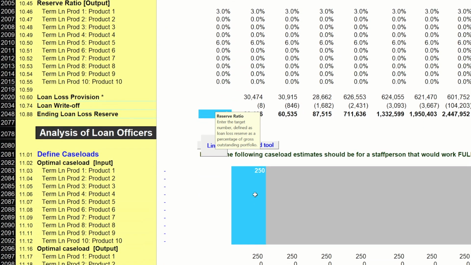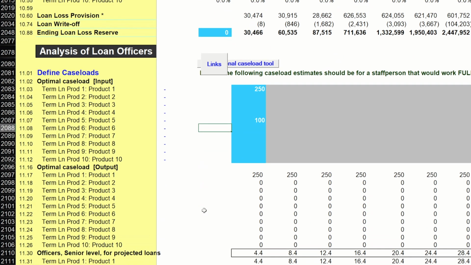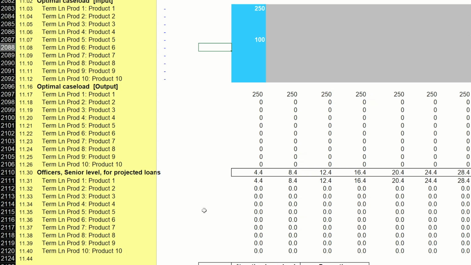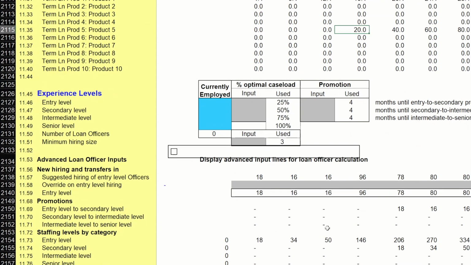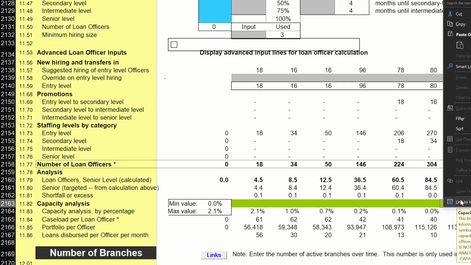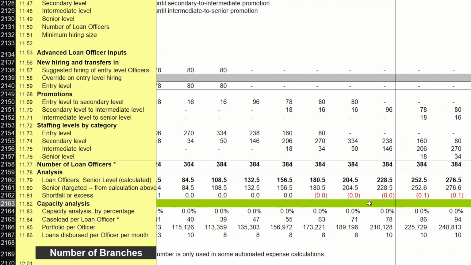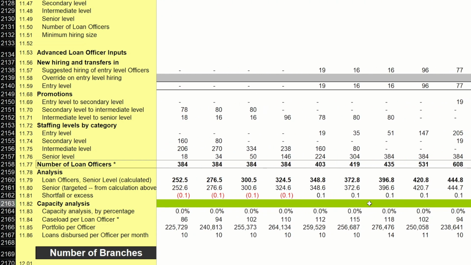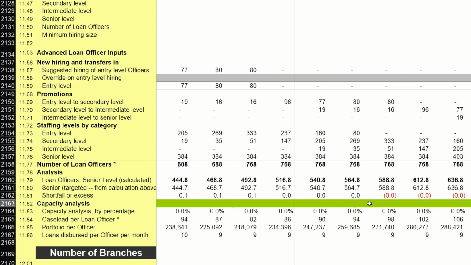We'll continue scrolling down, and we need to define caseloads. So product 5, it's going to be just 100 loans per loan officer. And we'll scroll down, and you'll see that 100 takes effect as I tap on F9. And you'll notice how many loan officers we're going to need. This is a large number of loan officers that look like need to be contracted, and you can kind of see as we scroll across, senior level loan officers calculated 300 some odd, 500. So a little bit unrealistic for your case, but